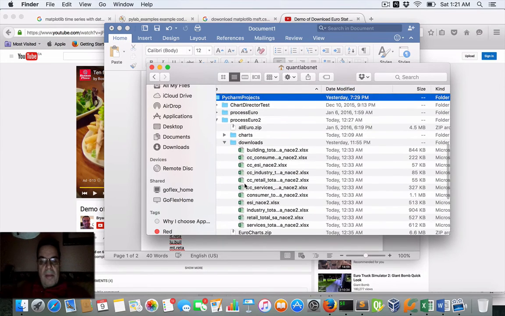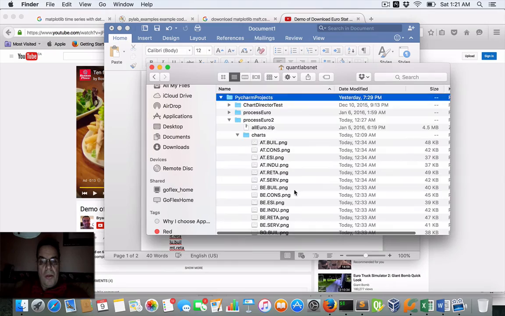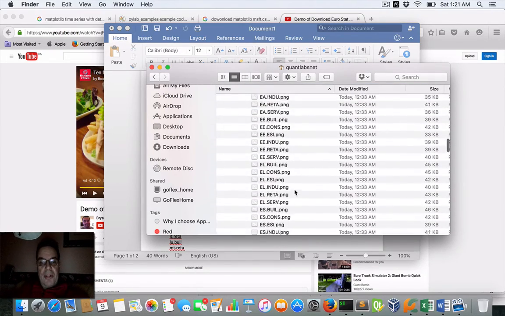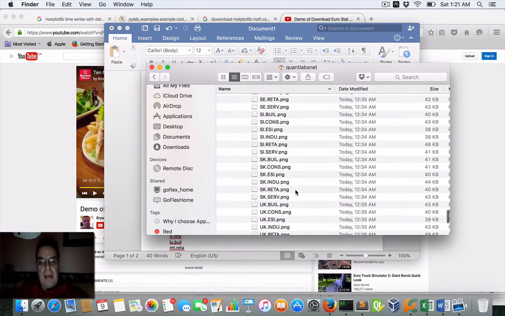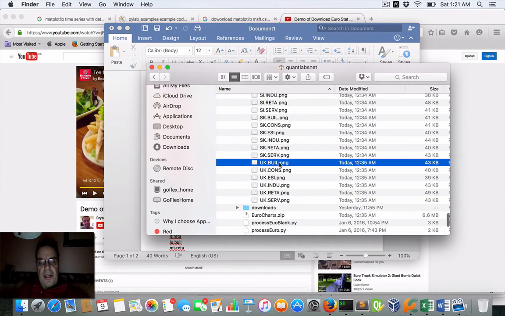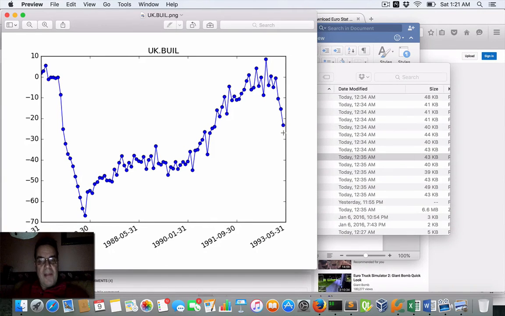So let me show you, maybe even you might be interested in what's going on in the UK. So let me show you UK. Now, last year, UK was fairly strong. From what I've seen, it's been getting hit hard. So let's check it out. You can see that UK is definitely on a decline.